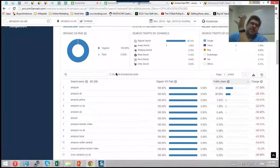But one of the most amazing things about this ability is we can start to see, okay, on organic traffic, how much of the traffic comes from brand searches? Because this will give you an indicator of how strong your brand is. Here at SimilarWeb, I go into the tool every month, and I look to see what's the traffic share on our branded keywords. How many people know to search for SimilarWeb, and how many people just find us through